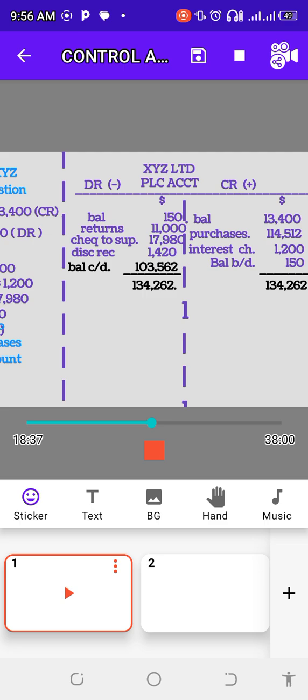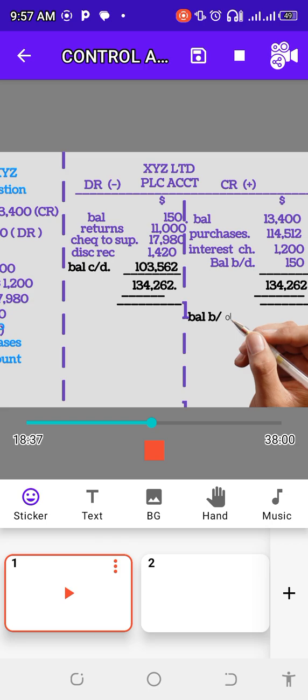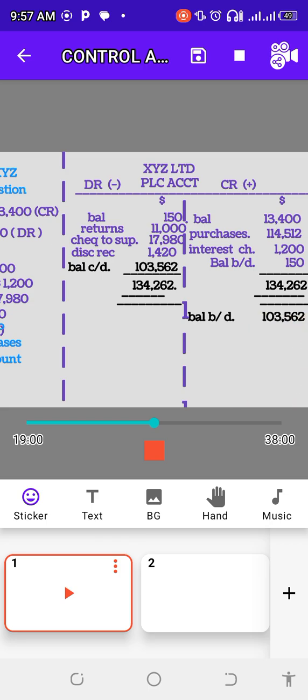Then when you total the two, you will still have two balance brought down. The balance brought down by the credit side is the total amount payable, while the balance brought down by the